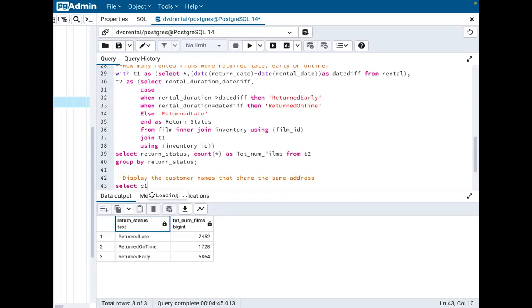Select C1.first_name, C1.last_name, C2.first_name, C2.last_name from customer